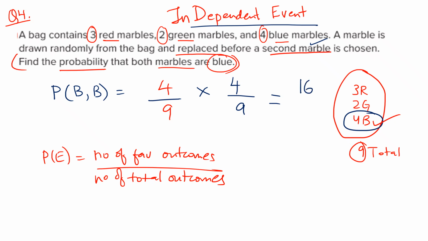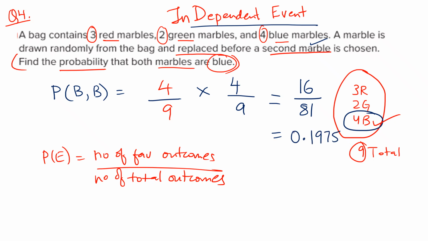Let's now do the simplification. You may use your calculator, and 9 multiplied by 9 is 81. So the fraction is 16 over 81. Now let's go to the decimal and the percentage. So 16 divided by 81, this will come decimal